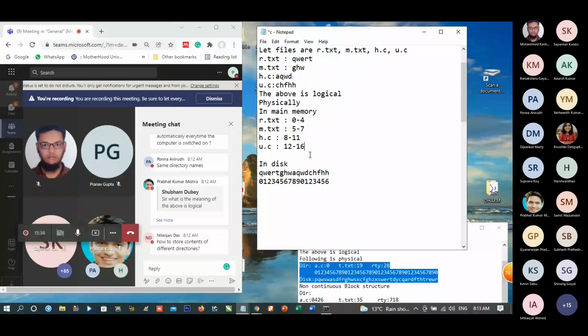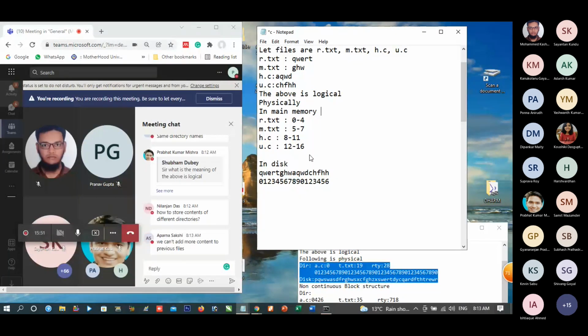Sir, so in the main memory we'll only store where what is stored, not the actual file. For the time, because you see, in main memory directory is stored, and directory simply gives you the direction to find out where the actual file is and how you can recover the actual file.